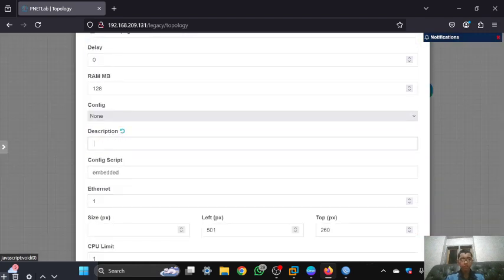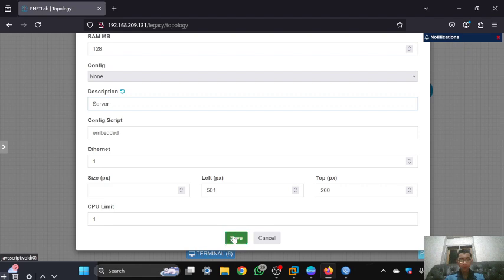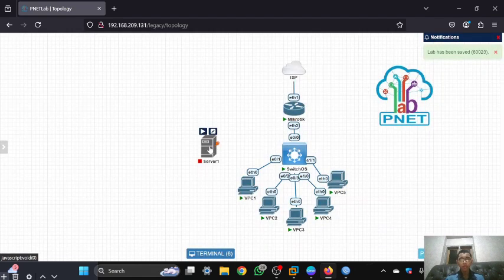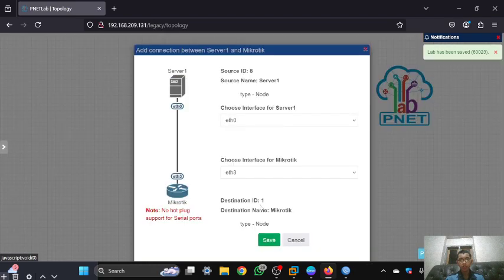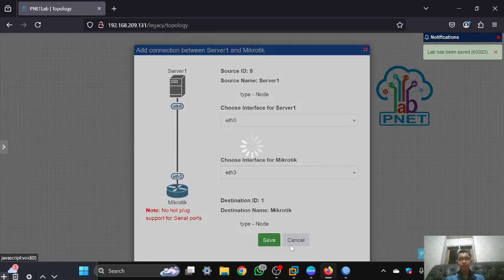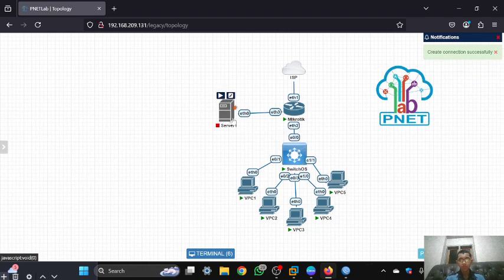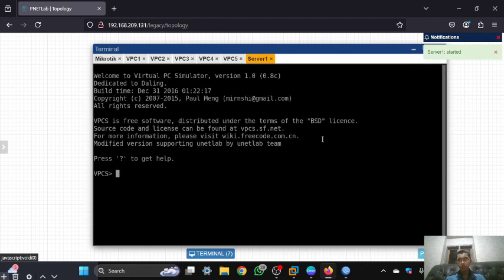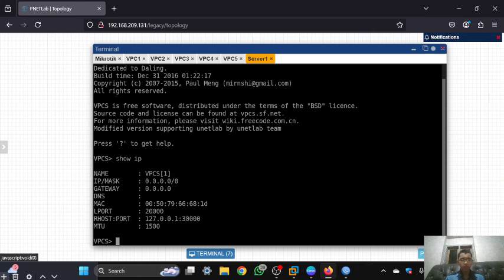You can change it to server so you can see the difference, and you can click save, and then connect the server to the MikroTik and click save, and then you can turn it on, and you can see that the server does not have an IP yet.